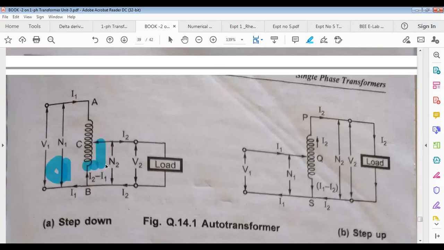So as you are moving from O up to C, what is happening? If you observe, the turns on the secondary, that is the output side, are increasing. So the voltage across these two output terminals also increases. That's why across these two output terminals you are getting variable output AC voltage, and that's why it is called variac.